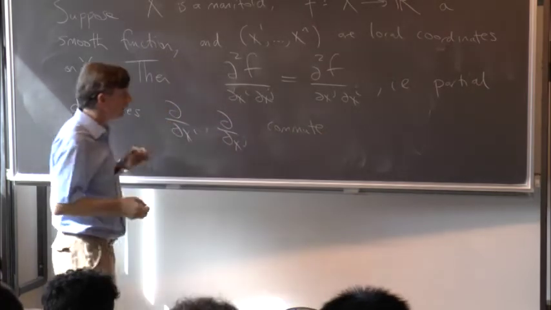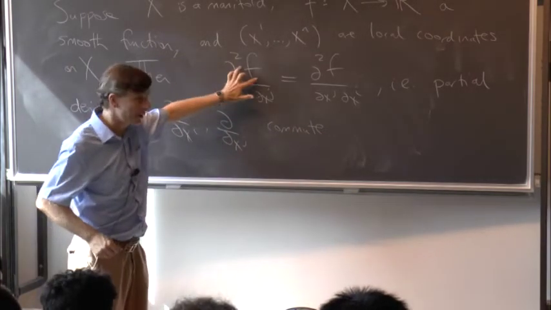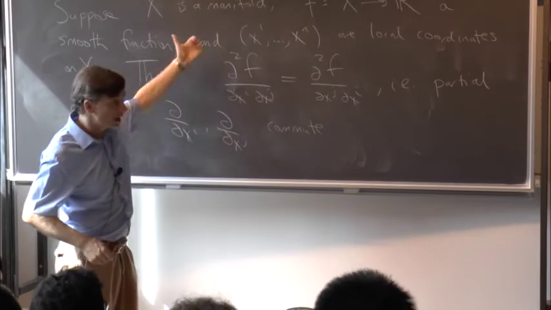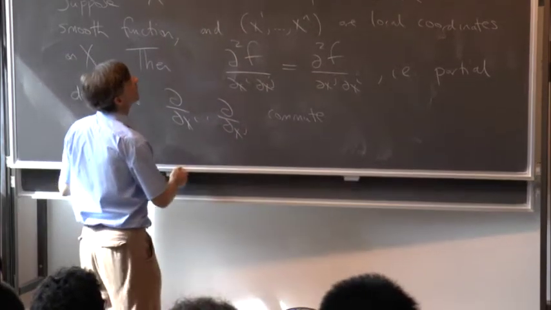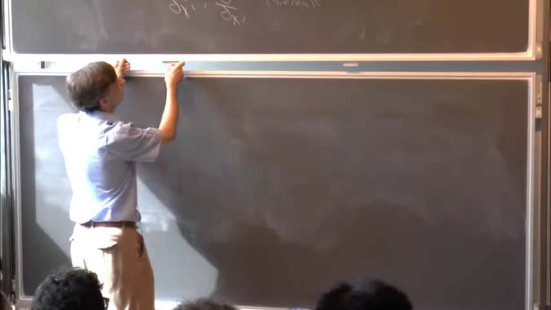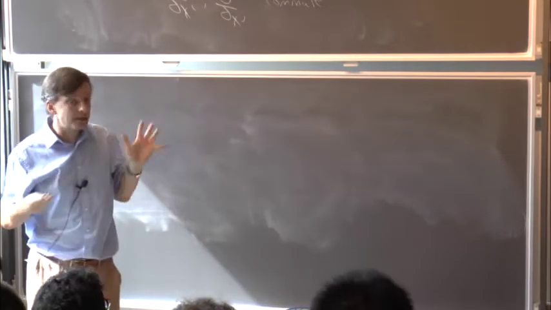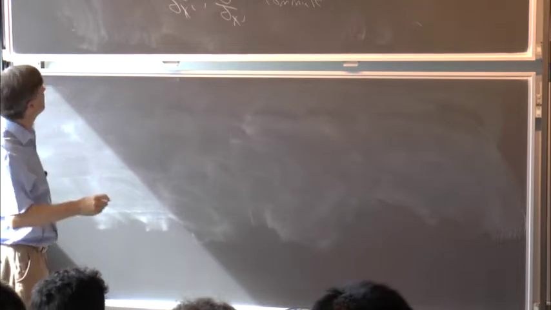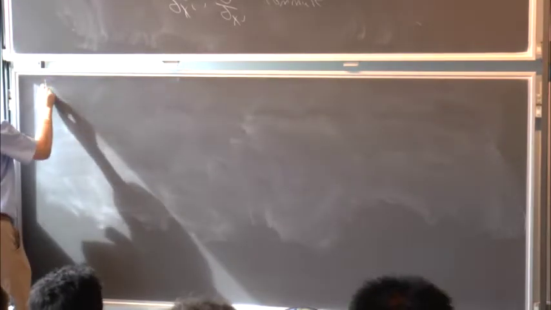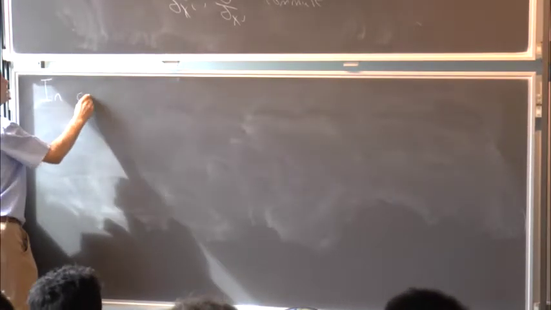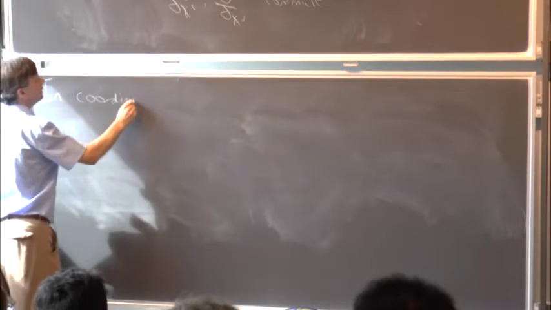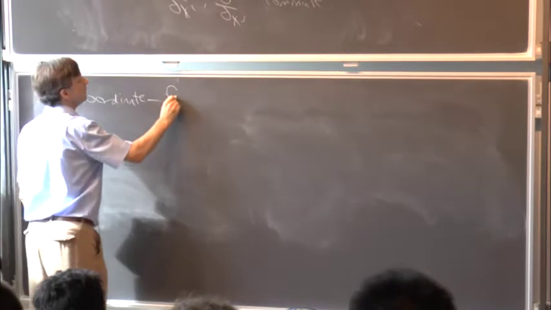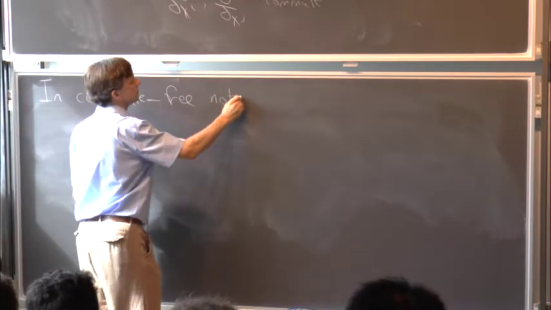As you know, provided f has enough smoothness, if it has two continuous derivatives, let's say, but I'm always working with smooth functions. Okay, now in differential geometry it's kind of bad style to choose coordinates when you don't need to. So instead, or alternatively, in coordinate free notation,